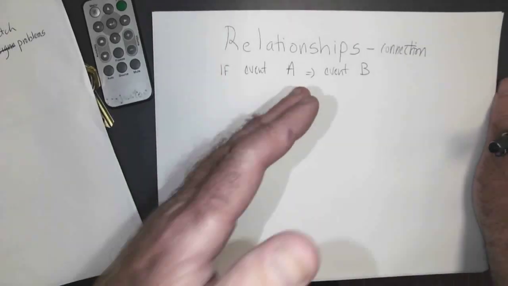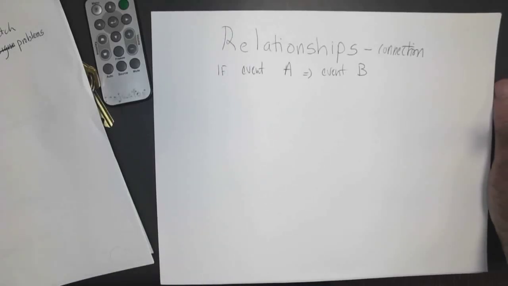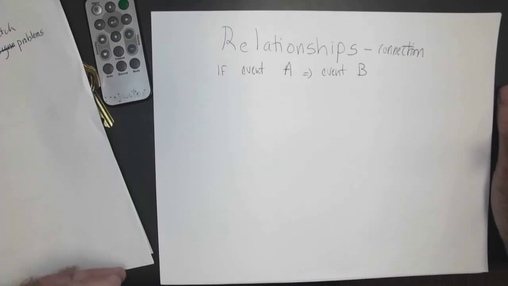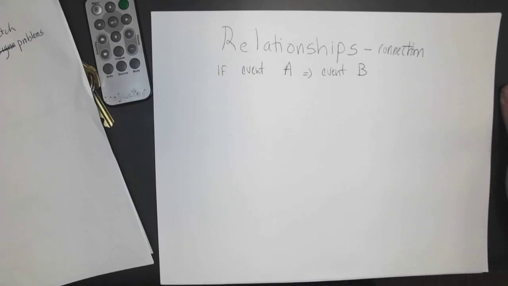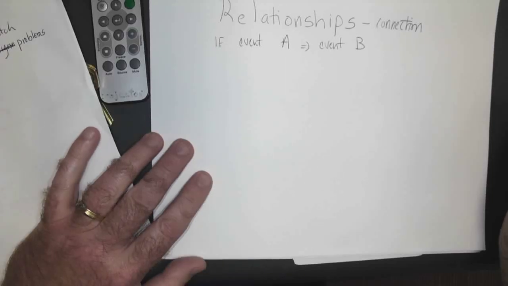Okay? So if it's really warm out, I'm going to drink a lot of water. If everyone is going to see the new Barbie movie or Oppenheimer movie, then I will go see it too. If I have more money in my paycheck, I'm going to spend more money. If I need to lose weight, I'm going to exercise. I'm going to cut back on unhealthy foods. If the price of gas goes up, I'm going to maybe take fewer trips. So the idea is that we're exploring relationships.